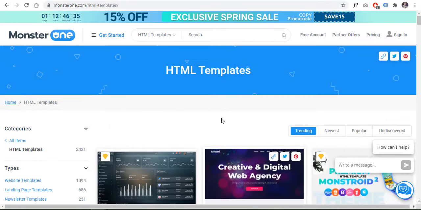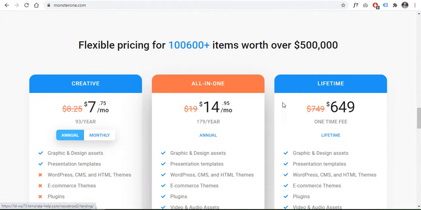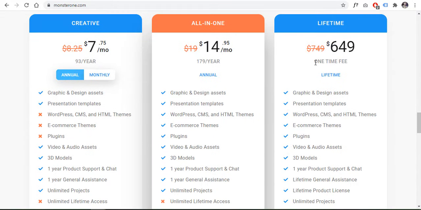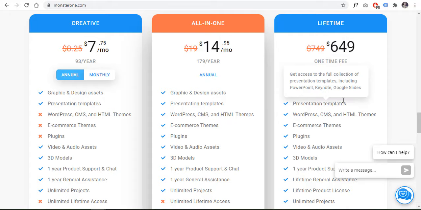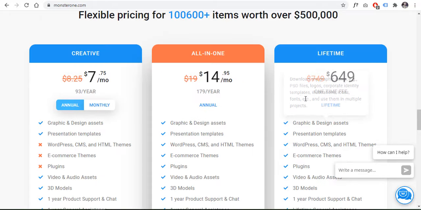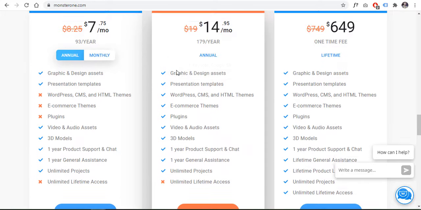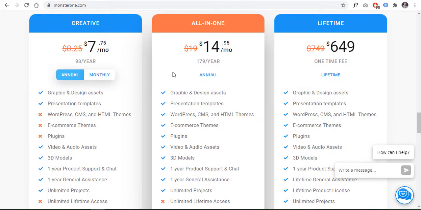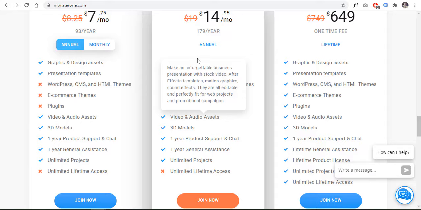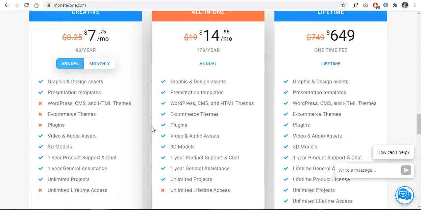So overall, I would recommend you really get one of the plans if you like. The unlimited access, which is the lifetime access, is the best one if you have a good agency or web development company, or any company working in website development or graphic and design work. This will really offer you great value and will help you earn more in less time. And this all-in-one plan is for everyone, whether you are a startup or anyone. You can really get a lot of benefits from this.